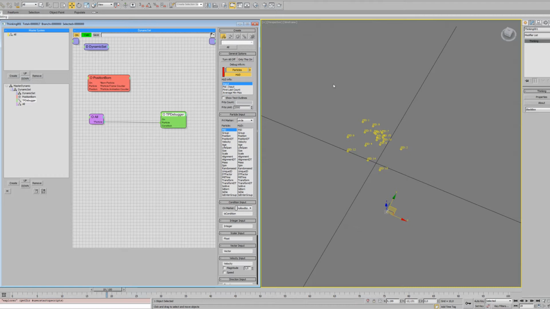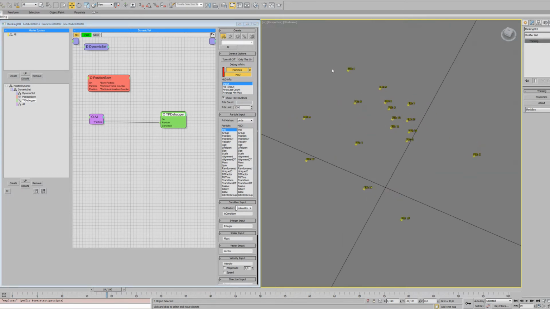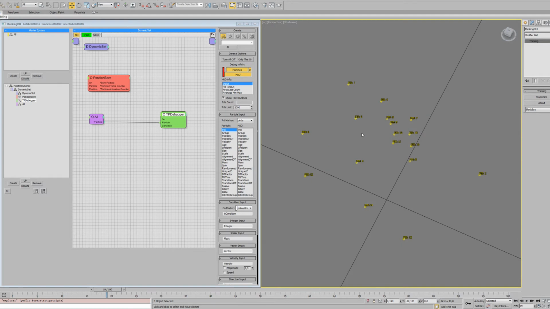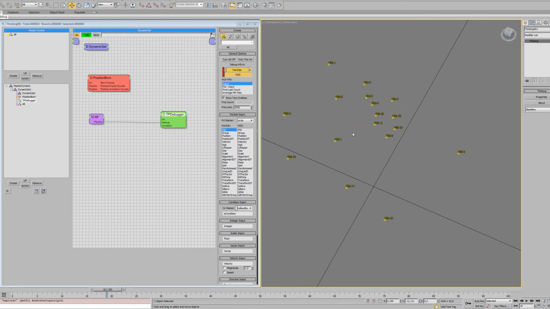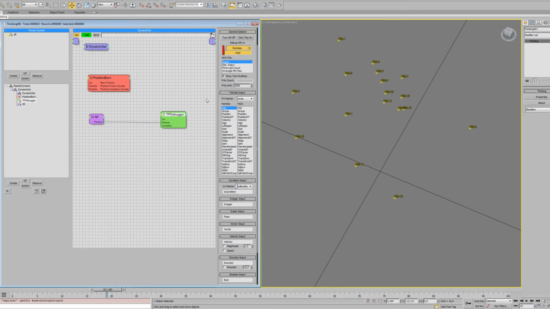One more option with the text I can show you is show text outlines. It increases the readability of the data by making a kind of black outline over it. So the particle input